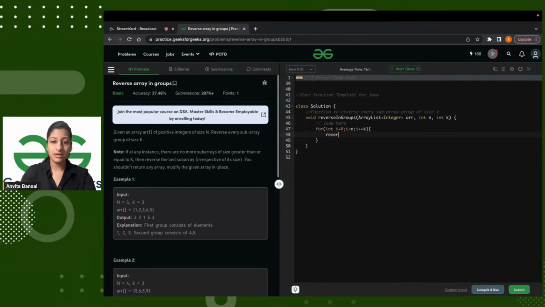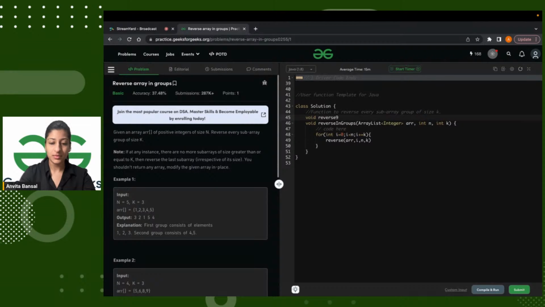Okay, then my intention is to make another function by the name of reverse, in which I will be passing arguments which are the array, the size of the array, then k, and also an index, the index that is i. This is the index that I'm going to pass, and why I'm doing so we will see. Let's write the function void